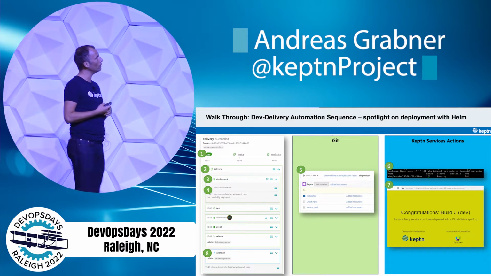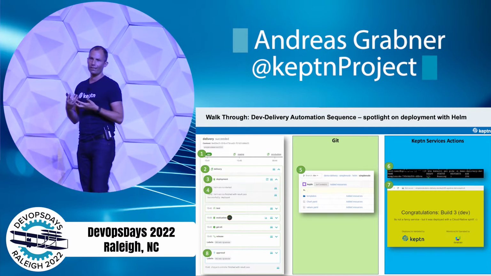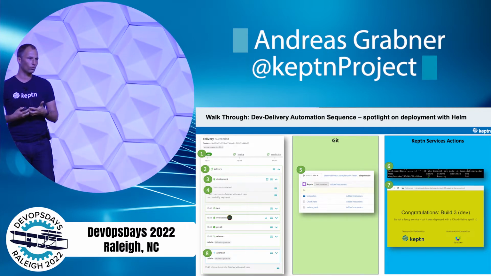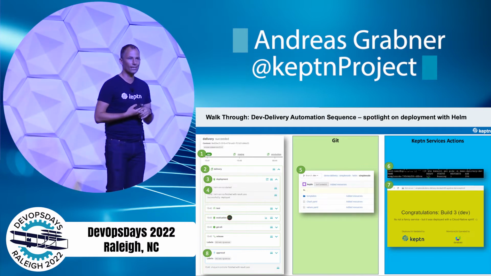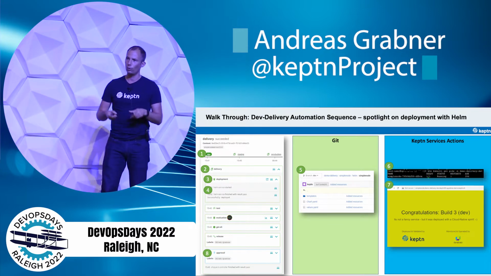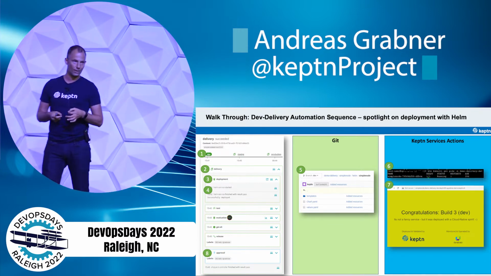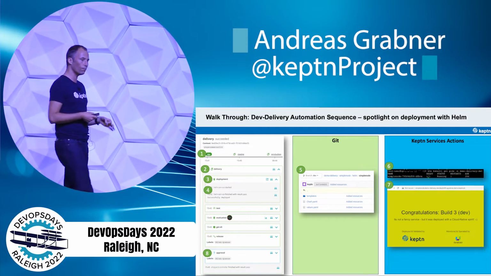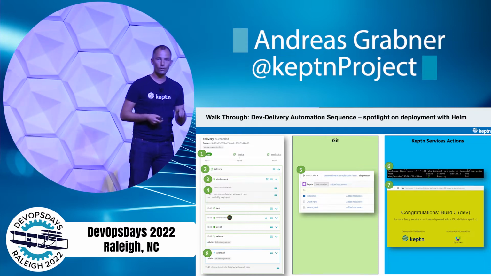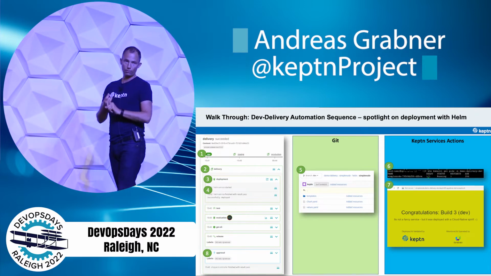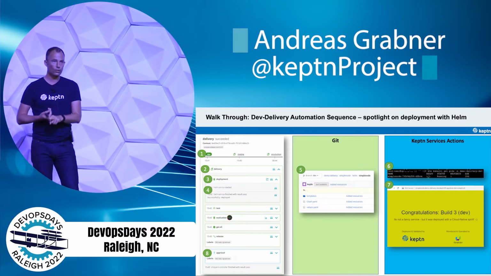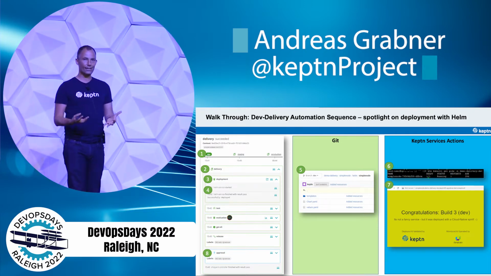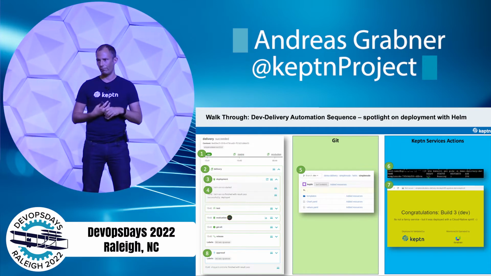And the things we do, the way we do it, and this I think is also unique, we don't have anything like custom coded plugins. We don't want you to write scripts where you have to plug in yet another tool. We are doing all of this through open event standards. We are part of CNCF, but we are also part of CDF, the Continuous Delivery Foundation. In that foundation, there's a special interest group for CD events. We're currently there with companies like Google, actually the Keptn project, with Argo, with Flux. Jenkins community is also part of it. So we are defining the event standard based on cloud events, which is also a CNCF project. So we're defining how these tools should communicate with each other.